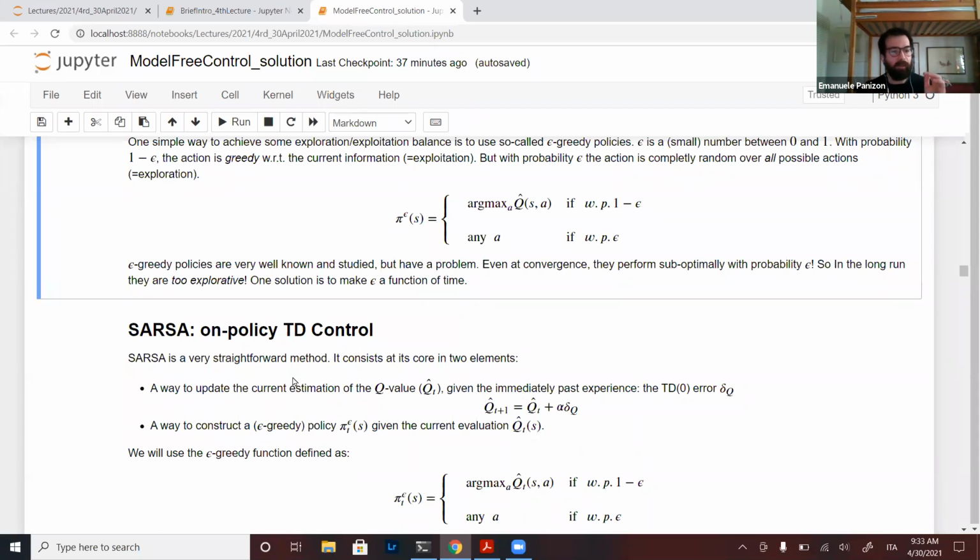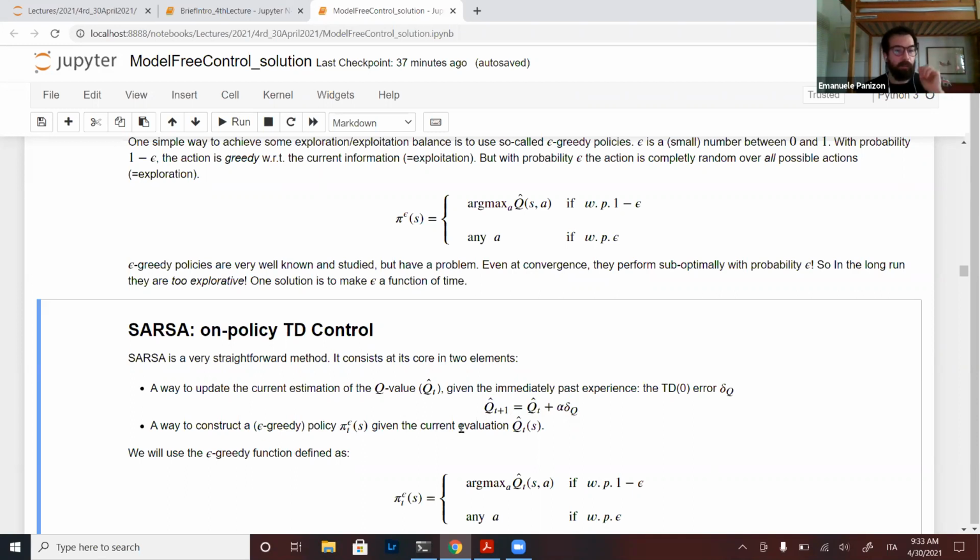The way to update the current estimation will be done with the time difference error in Q. We will see how we define it, but at each step the new estimation of Q is equal to the old estimation of Q plus a small part of this error, which we have just calculated with one step.